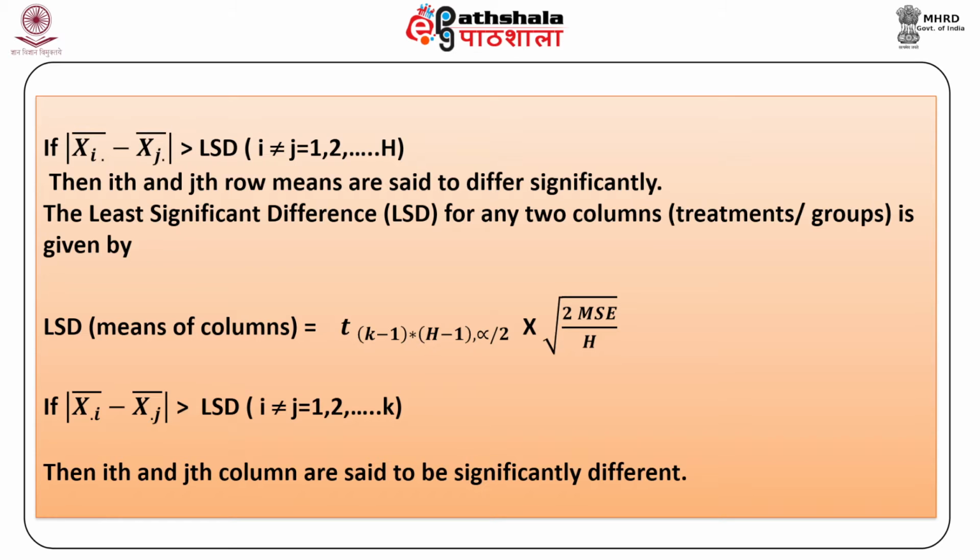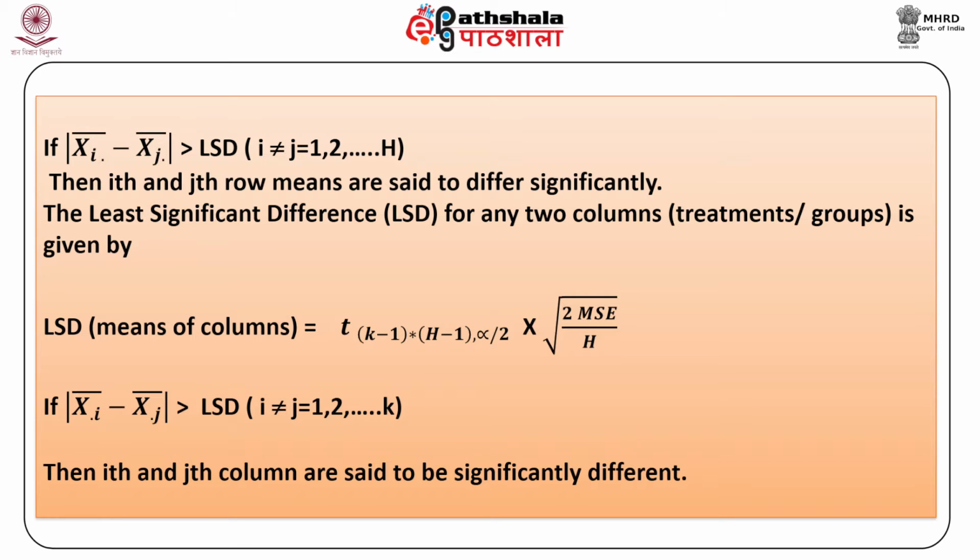The least significant difference, or LSD, for any two columns, which means for treatments or groups, is given by LSD equal to t with degrees of freedom (k minus 1)(h minus 1) and alpha by 2 as the level of significance, into the square root of 2 MSE upon h. Now, again, if the modulus of x dot i bar minus x dot j bar is greater than LSD,